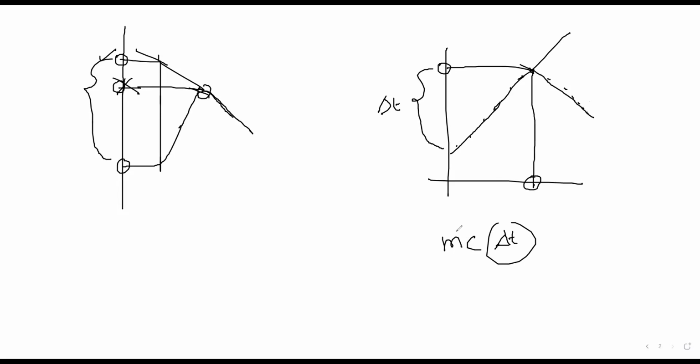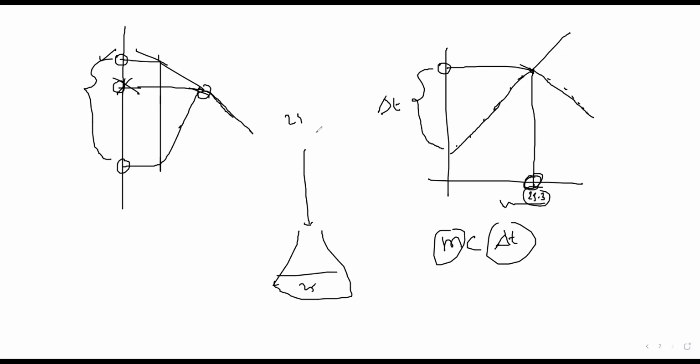Okay. And M is its volume, whatever the volume of the NaOH plus whatever is the volume added in the conical flask initially. Suppose 25 taken and suppose 23 added. ये 23 पे या 23.3 पे neutralization हो गया, 23.3 पे. So 25 में 23.3 added. So mass will be 48.3, 23.3 plus 25. Okay, दोनों का मिला के. So mass will be 48.3 and delta T will be the difference between these two.